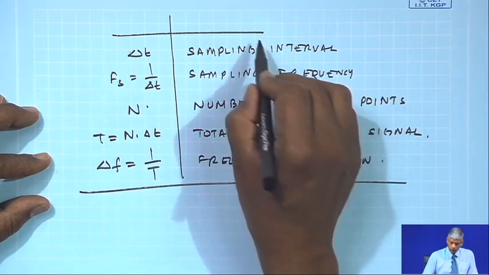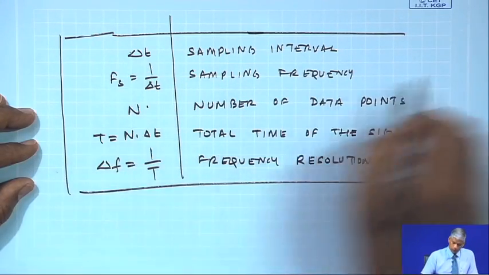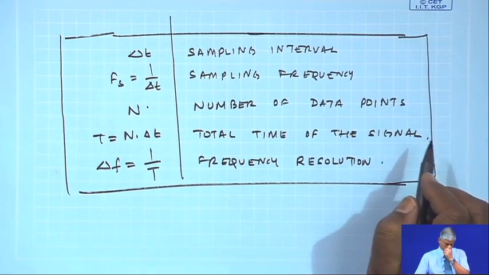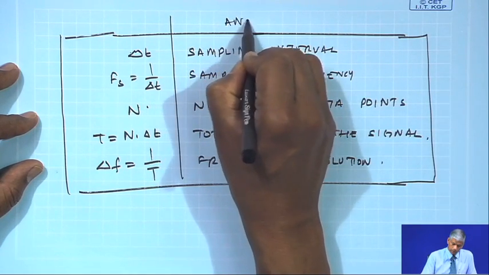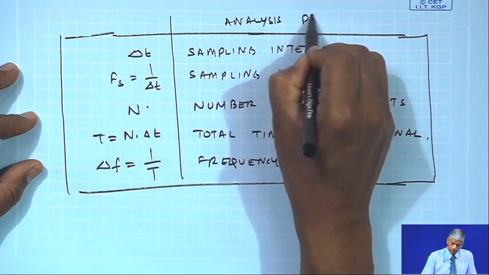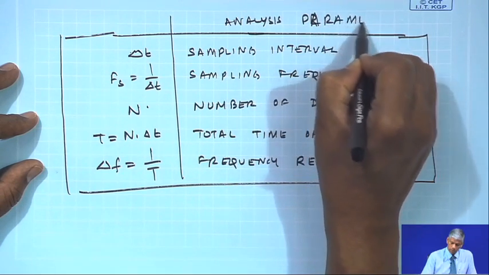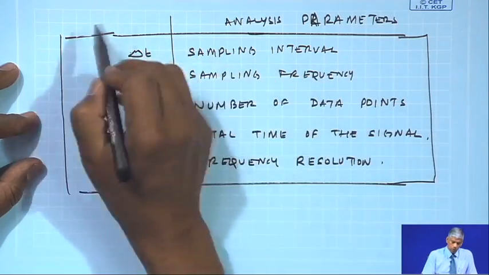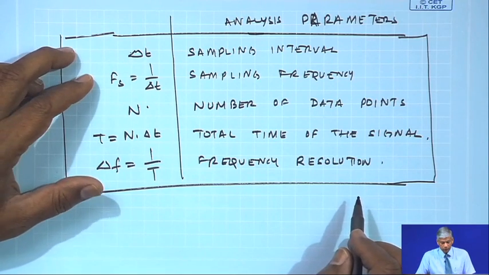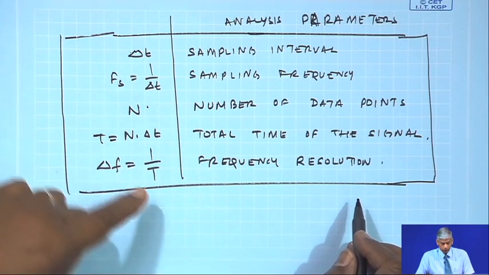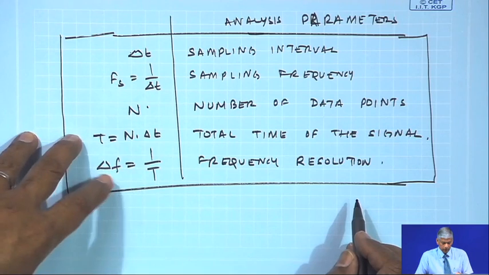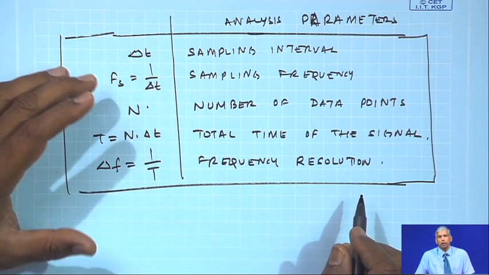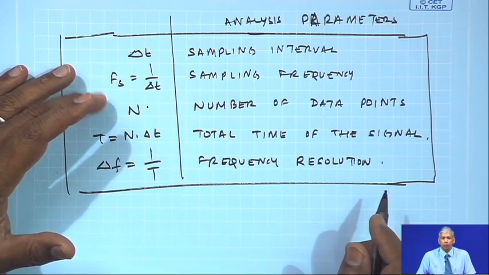So, we need to get a feel of these quantities, okay. This sampling and depending on a... Okay, this field, because you will see always that there is an inverse relationship between time and frequency. If time is more, frequency resolution is less. If time is less, frequency resolution is more. So, one who does FFT to understand the frequencies in a signal, we want to be careful about these